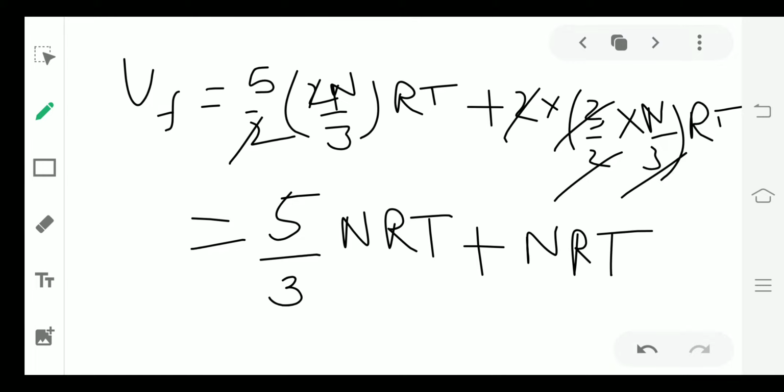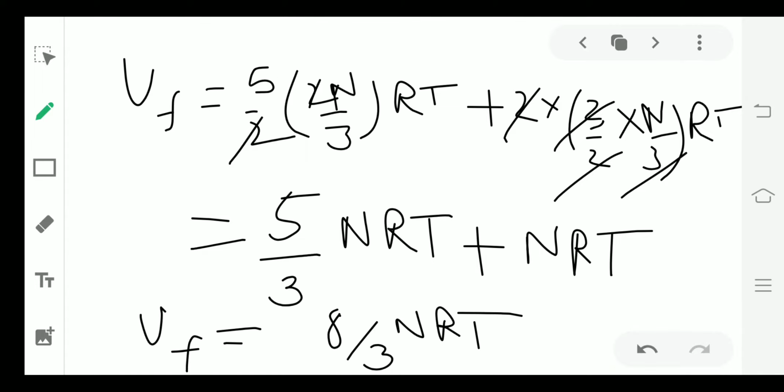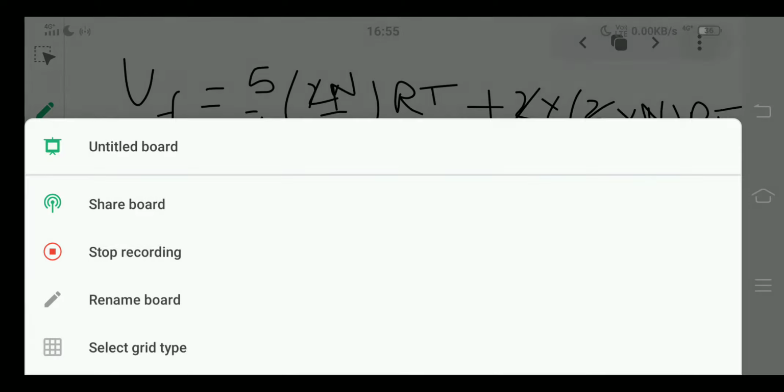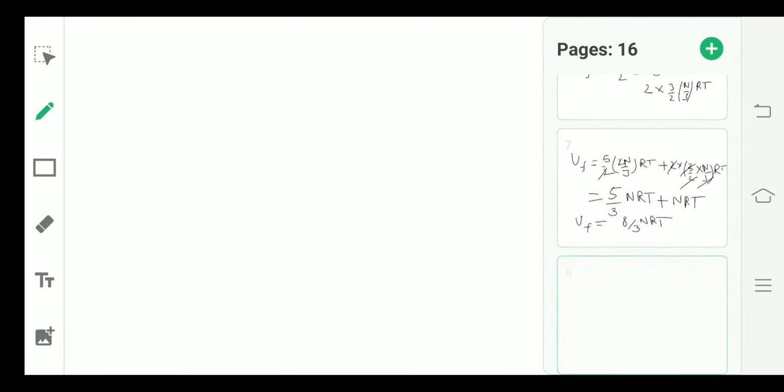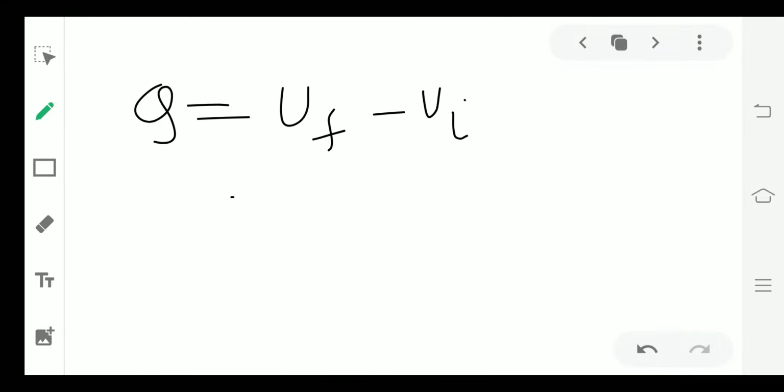So on adding this, we will get 8/3 nRT. This is the final internal energy due to thermal motion of gases. So on calculating its difference, we will get the heat supplied. Heat supplied is equal to final internal energy minus initial internal energy. So the final internal energy is 8/3